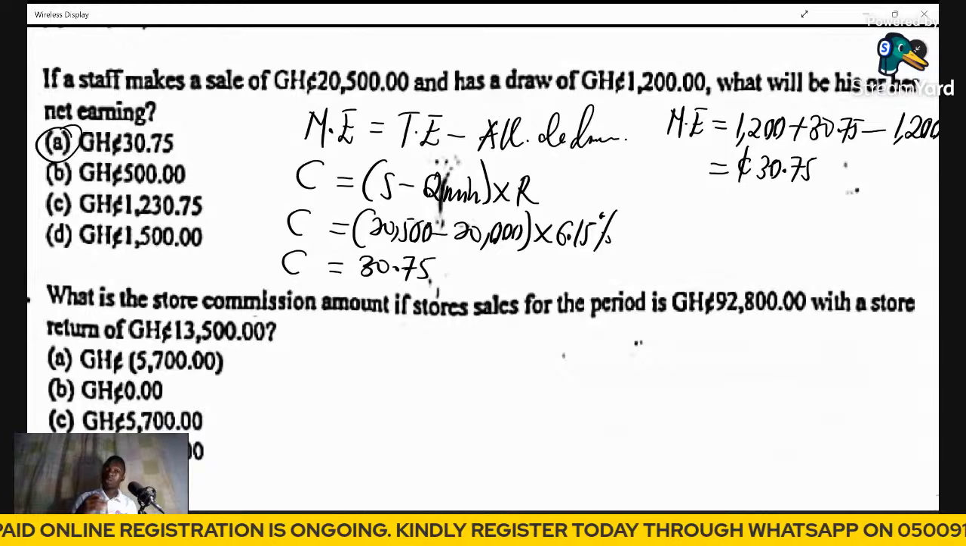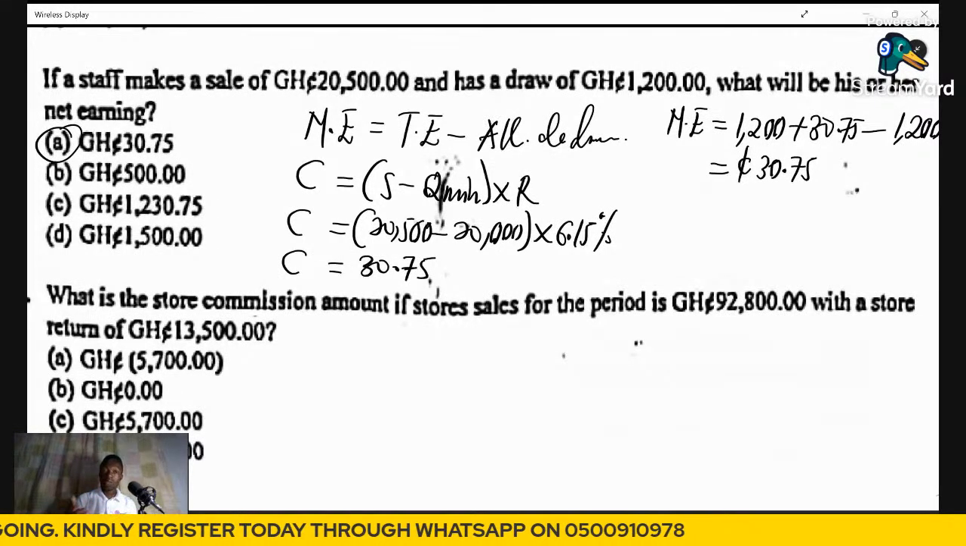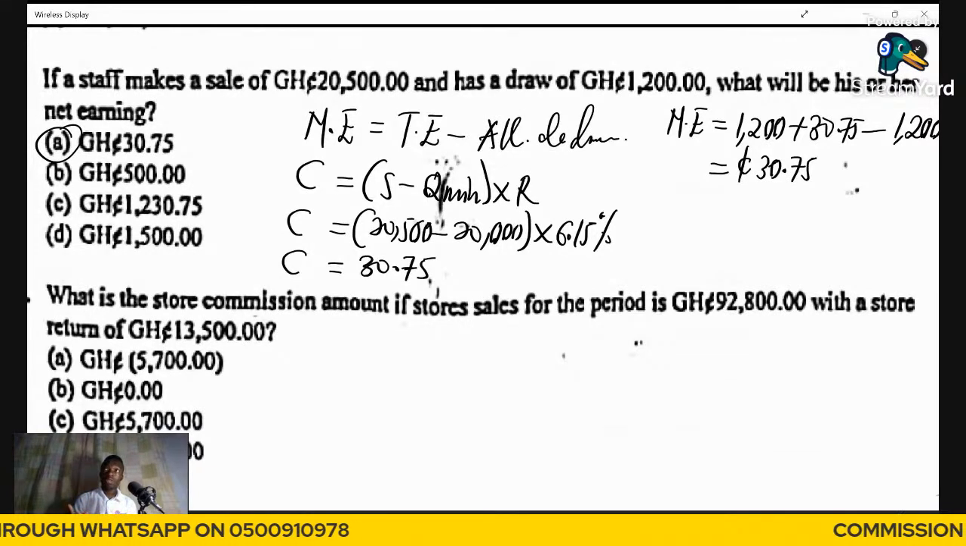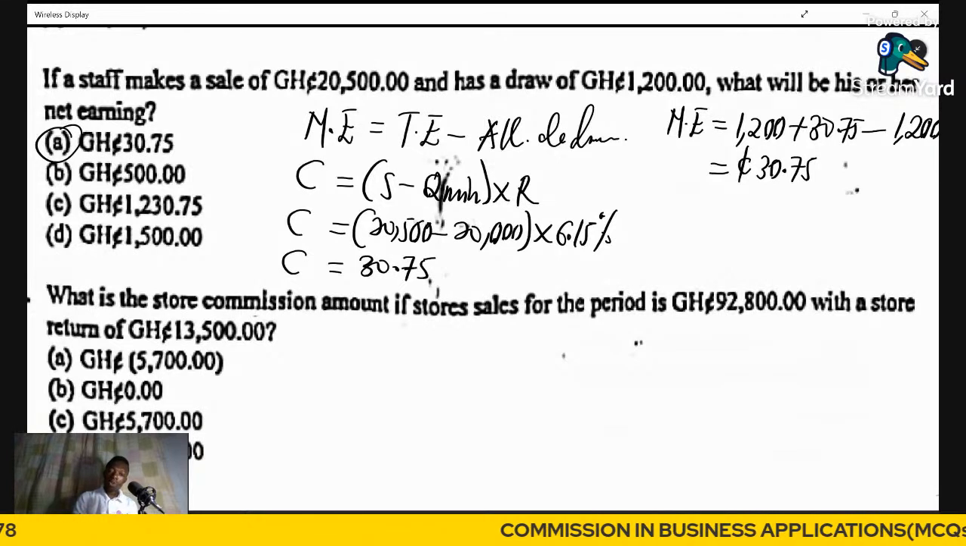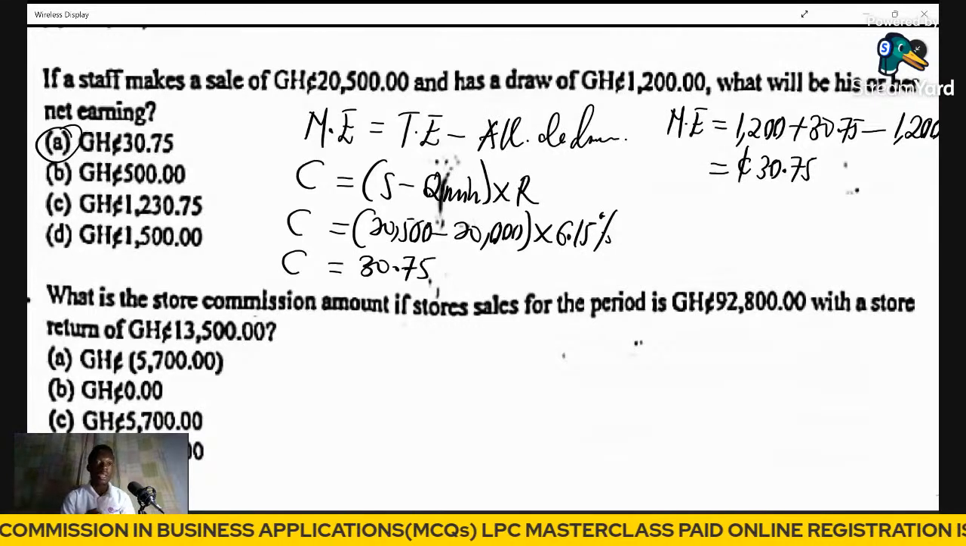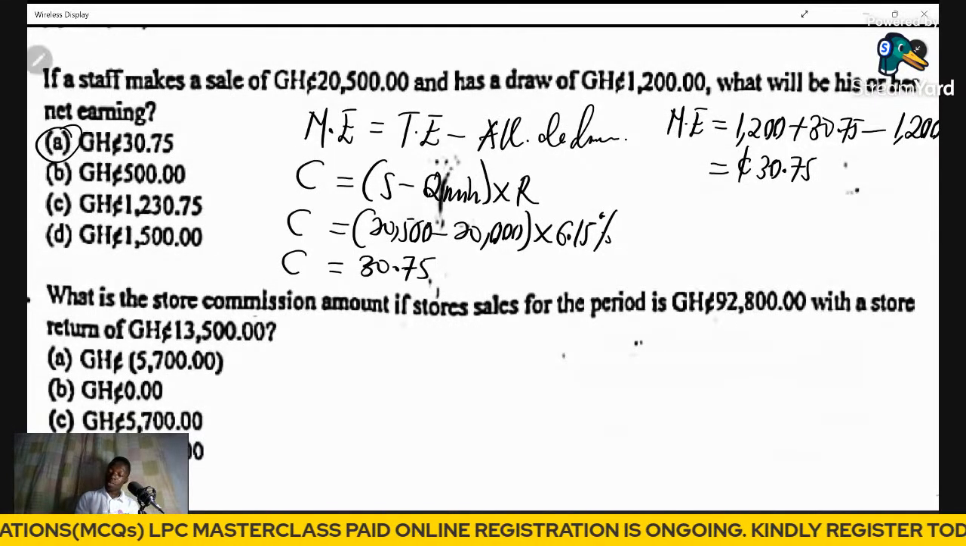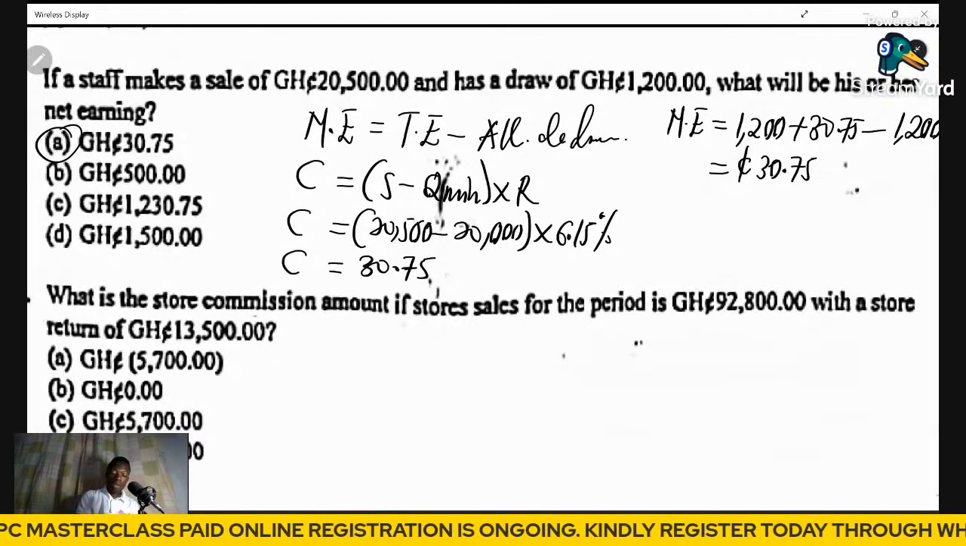So if you are asked to calculate the store commission amount, it's the same thing as calculating it with personal sales: you take the sales, compare with the quota, and then you get your commission amount. That's what we're going to do here. But before we can do that, if there are any returns, you must subtract the returns from the initial sales so that we get to know the net sales that was actually achieved. So here the store sales was 92,800, right? And we also have returns of